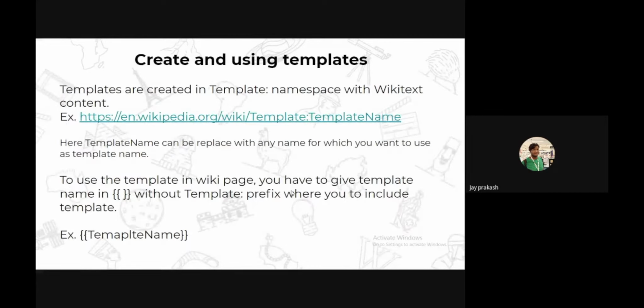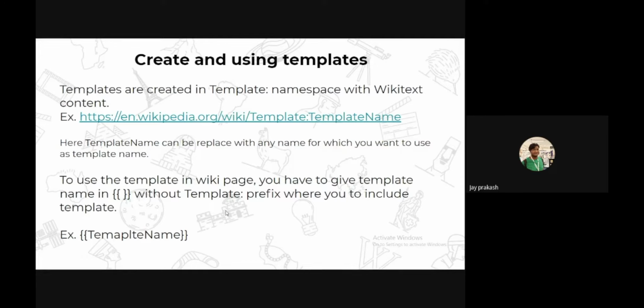Before diving into debugging templates, first we have to learn the basics of templates, like how we can create and how we can call them. Templates are created in the template namespace with wikitext content. Any wiki tag can be used in the template.